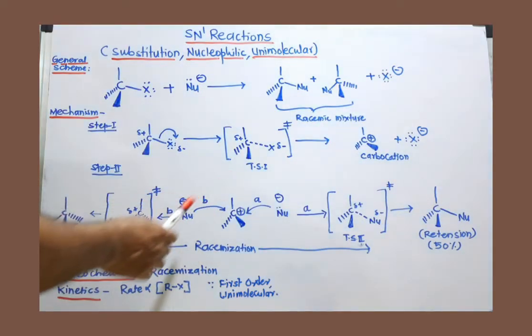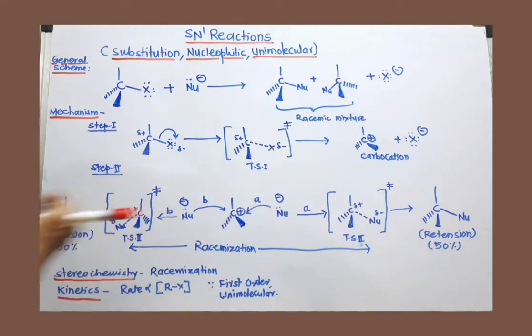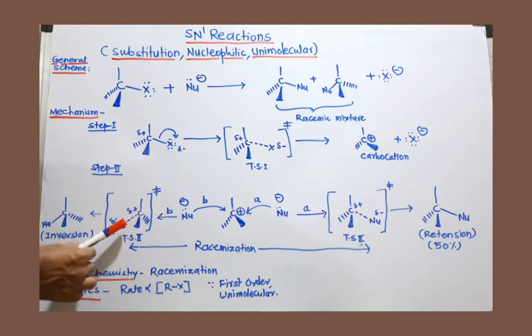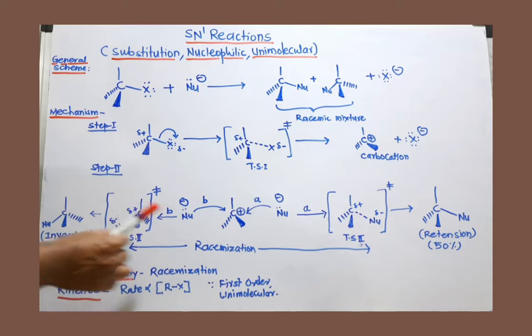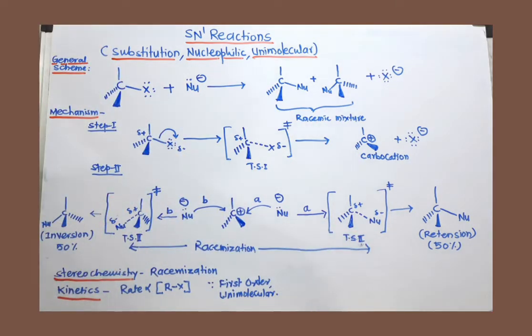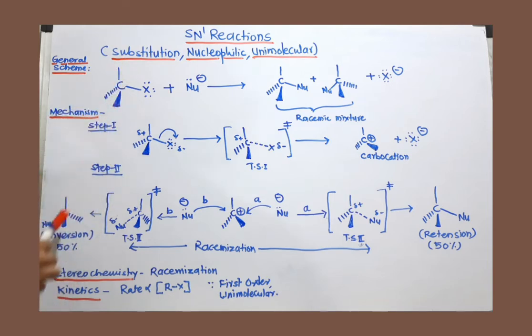So if the nucleophile prefers to go backside, because this is planar, the nucleophile is coming from the backside. So from this side you must show this bond being formed. That's why I have shown this bond by using a dotted line. So this is actually the transition state. And now this nucleophile is coming from the backside and this bond is completely formed. Now you just compare the configuration of starting material and the product. This is exactly reverse. So there is 100% inversion. The total configuration is changed.